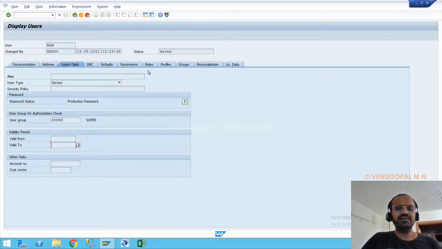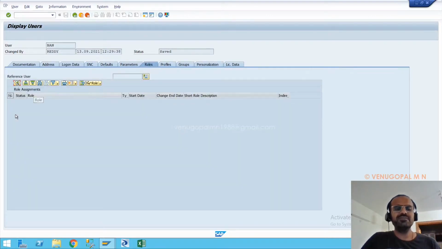Okay, and you can also see there is a tab called roles. In this particular tab, they will maintain the role specific to the user. Okay, now obviously you guys are aware of roles in SAP. Roles will have the SAP authorization and other things maintained, and authorization objects are assigned to that particular role. So all the authorization that has been defined under that particular role or authorization group will be assigned to a particular user, and once that is assigned to a particular user, this particular user can perform so and so task.